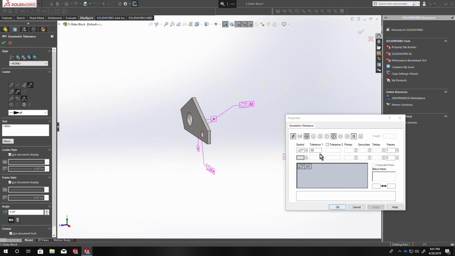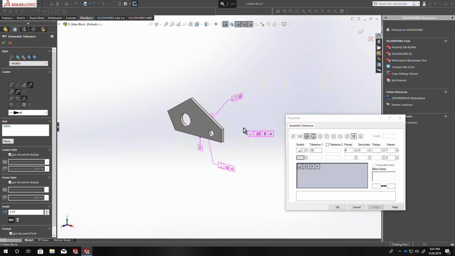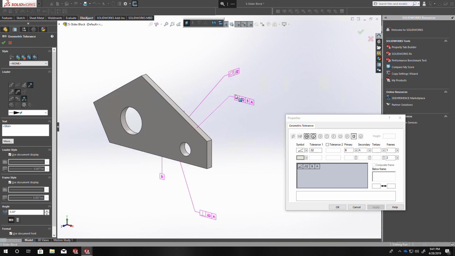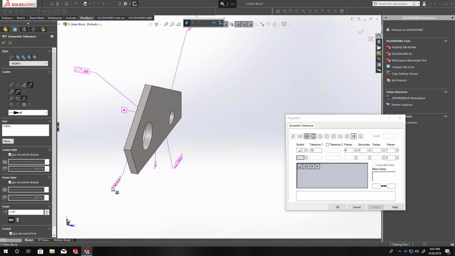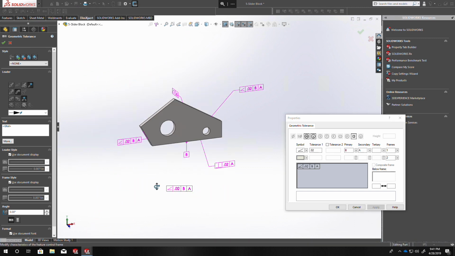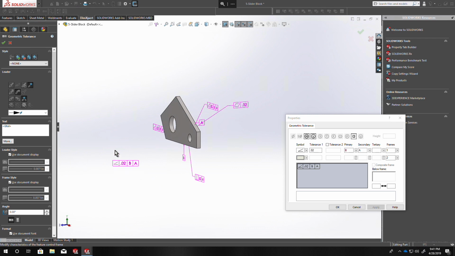And we're going to want angularity to B and A on this surface and this surface. Where there's apparent perpendicularity, you can use angularity